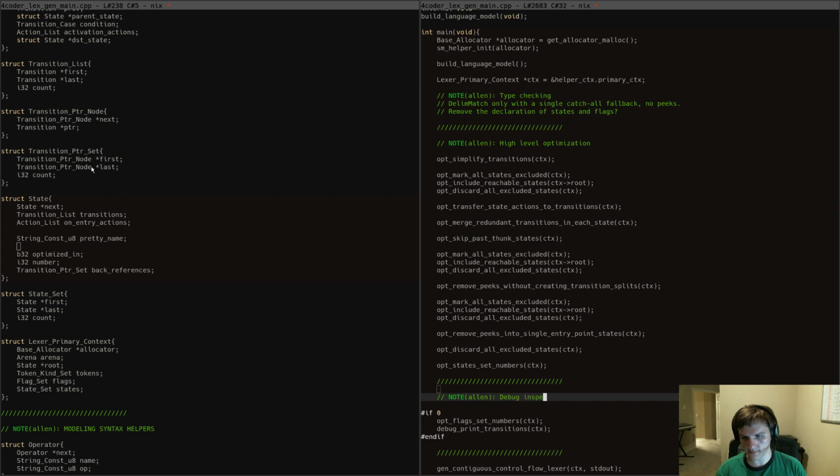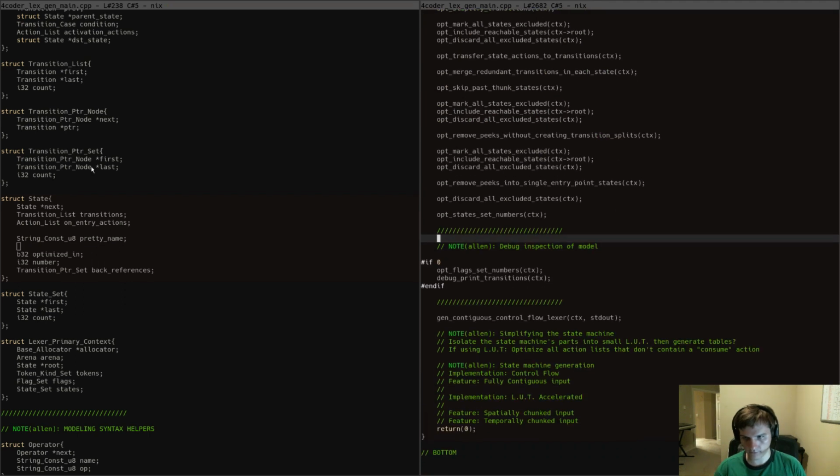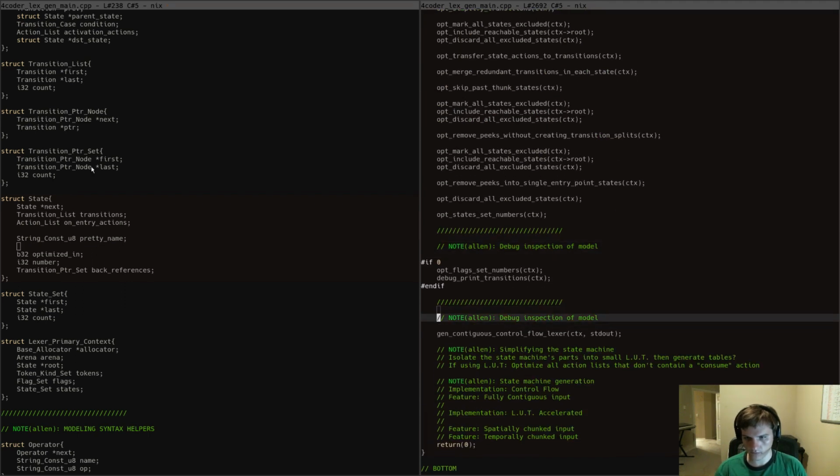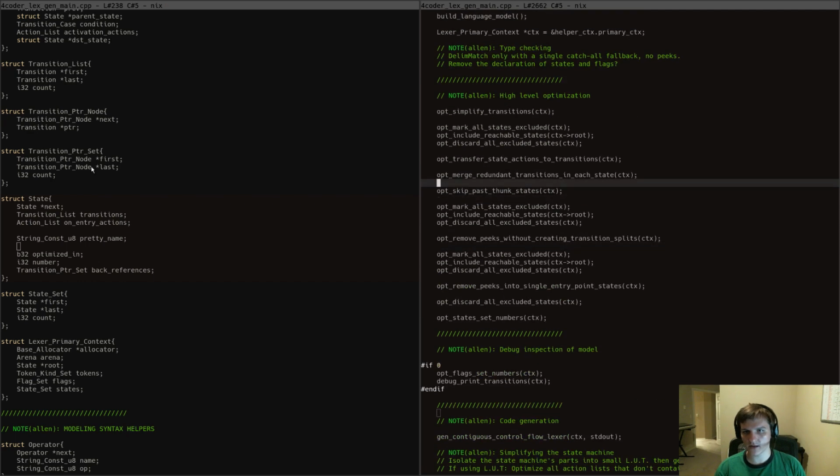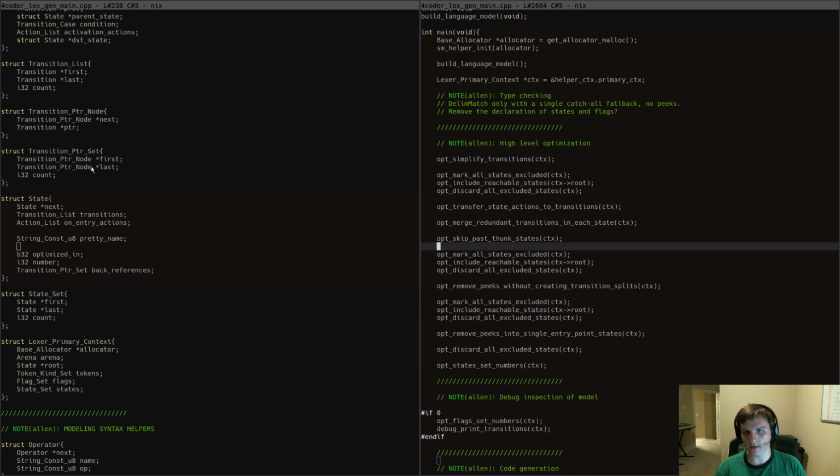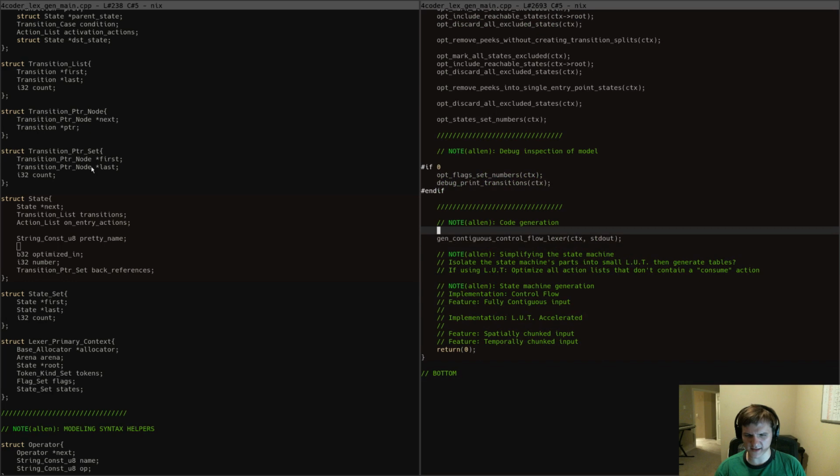Debug inspection of model. Code generation, right? Keep things organized. Up here we're going to put type checking if we get around to implementing that ever, which hopefully we will, because it's pretty important if we're going to actually let other people use this and stuff, right? Anyway,